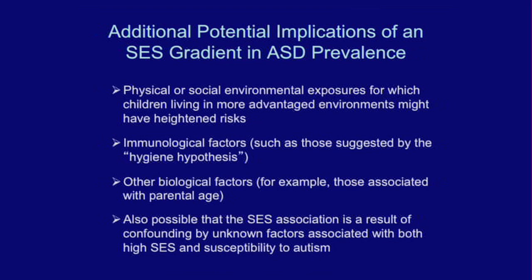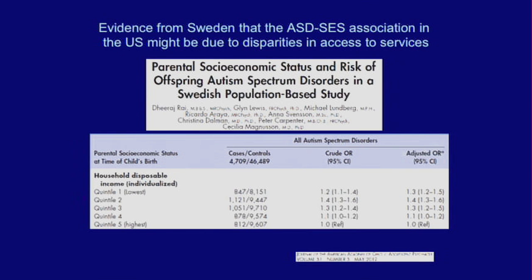There could be some other confounding factor that we don't know about that's associated with both high SES and increased risk of autism. But I'd be remiss if I didn't mention that this SES gradient is not universal. In Sweden, where they have really good population-based data, they don't find it. They don't really find a significant association with socioeconomic status. And if anything, it's higher prevalence in the lower social class. This, again, points to the possibility that it's due to a lack of universal access in this country to services